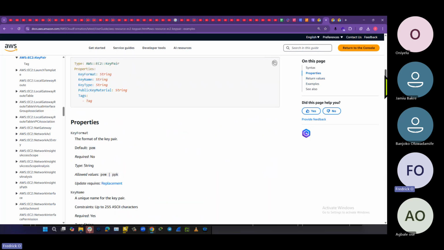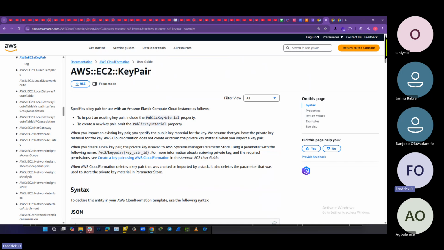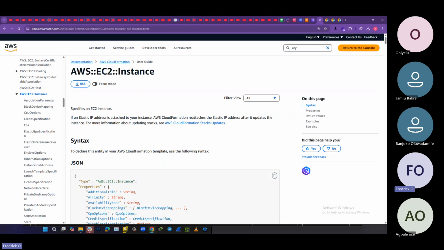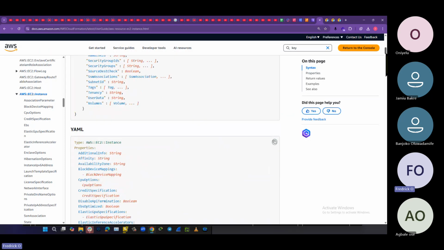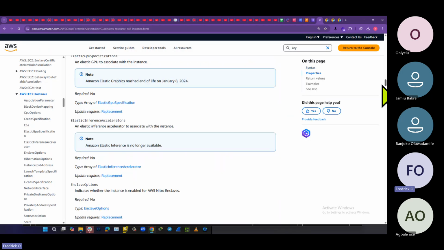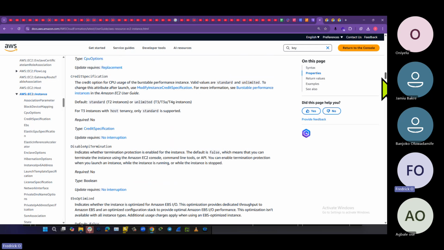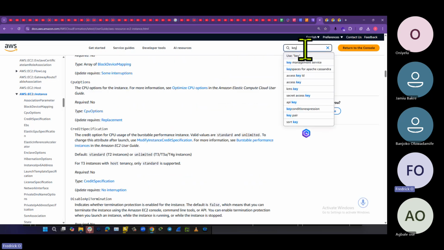If you watch here, right now on that key pair, you can't tell whether it's compulsory or not. But if you come to the EC2 instance and go on that, you can come here and type key under the key section, key pair,